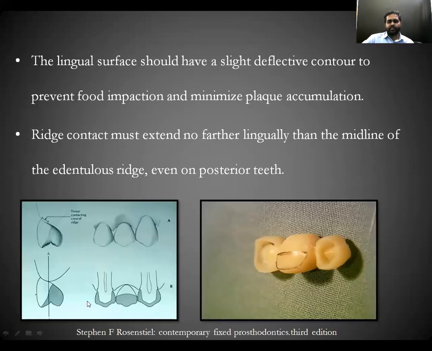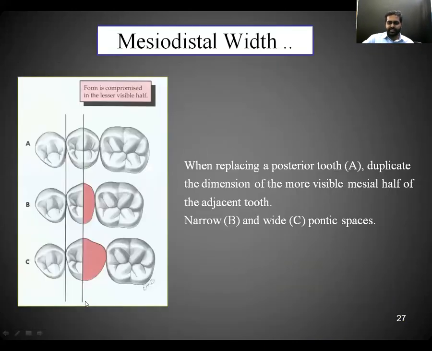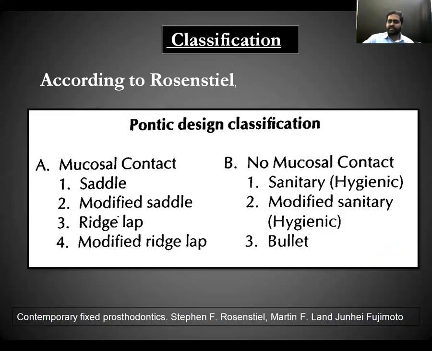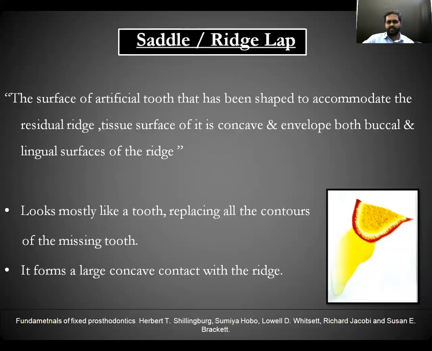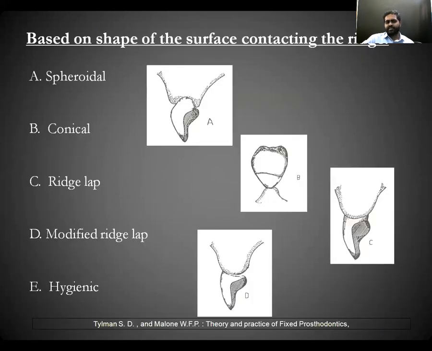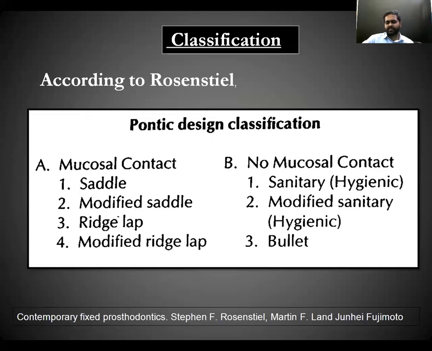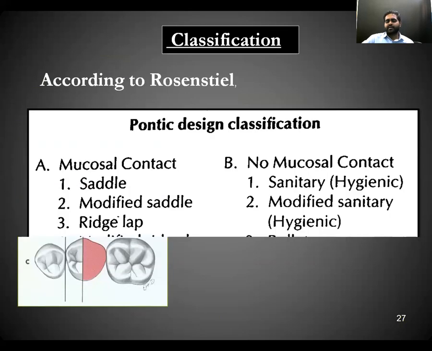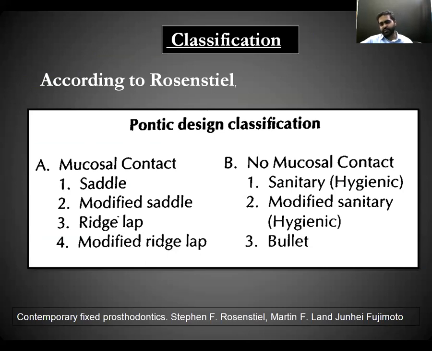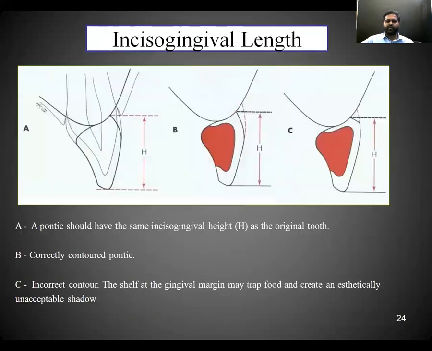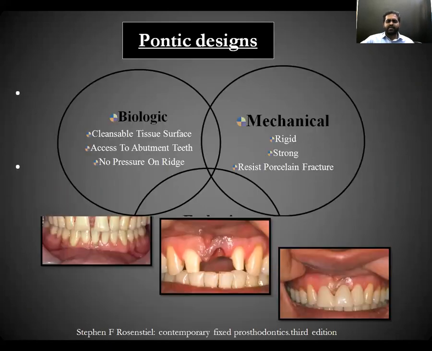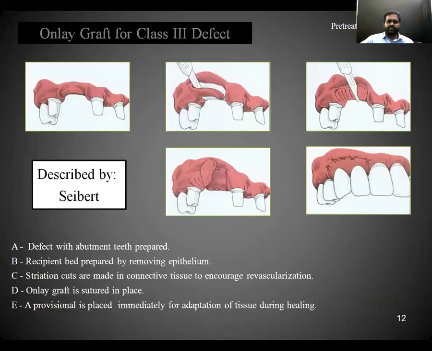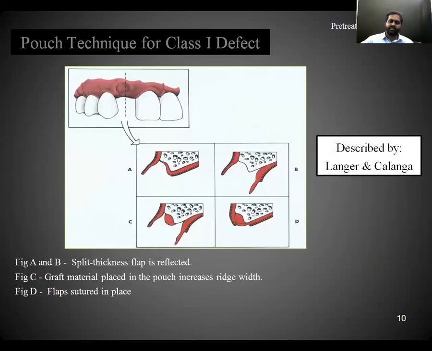So we have the most important part: the definition and the classification. In classification, the classification given by Rosenstiel, the one by Tillman, and the sub-classification in Tillman. So these two classifications are sufficient from your exam point of view. Then there will be various MCQs on this topic. Okay, so read this topic very carefully. It has more weightage for your MCQs and SAQs. It is not asked for LAQs; many of the times it is asked for the SAQs and the MCQs.